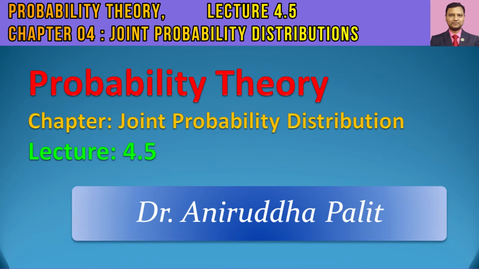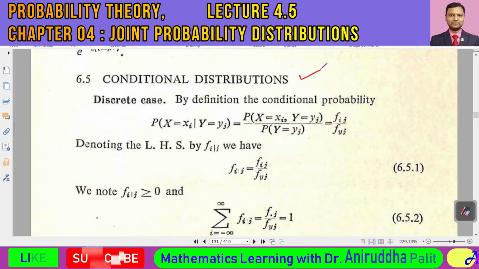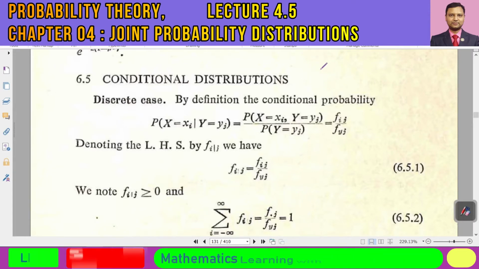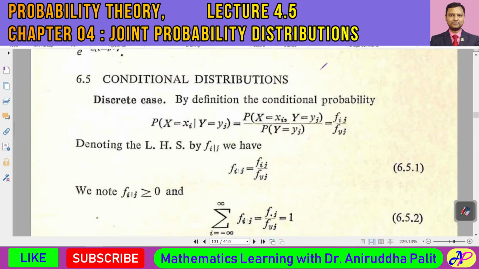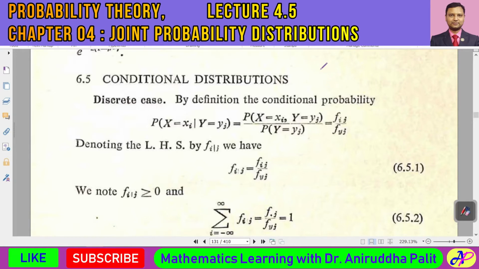Everybody, today we are going to discuss a new kind of distribution that can be deduced out of a joint bivariate distribution. This is known as conditional distributions. What is this conditional distribution? You see,